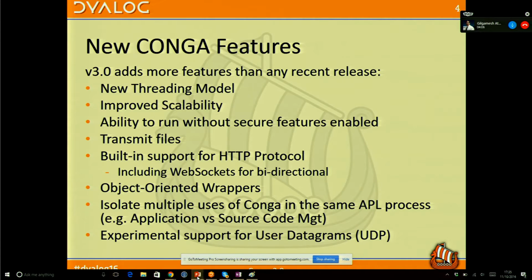The Conga features that are coming into version 3, I think it's probably the biggest release we've had for a very, very long time. It collects customer feedback and requests. There are some customers who've had some of these features and been testing them for a couple of years, but we're now rolling them out. The first two are really about scalability.